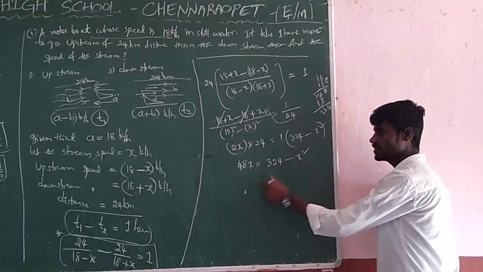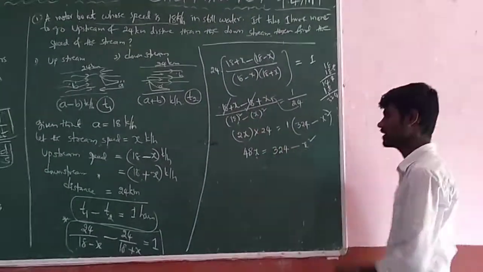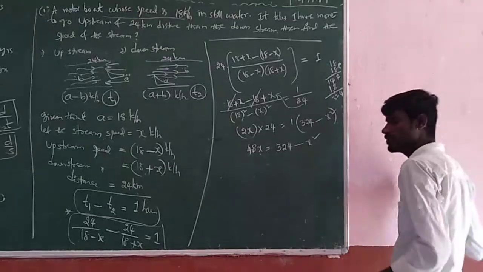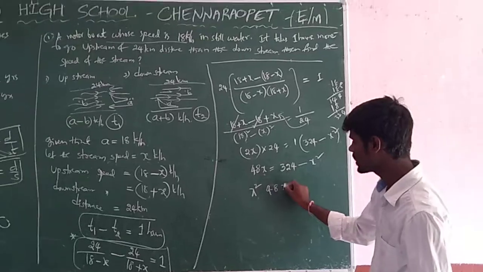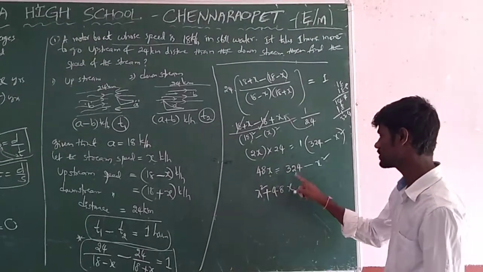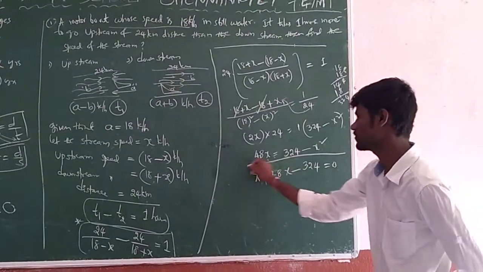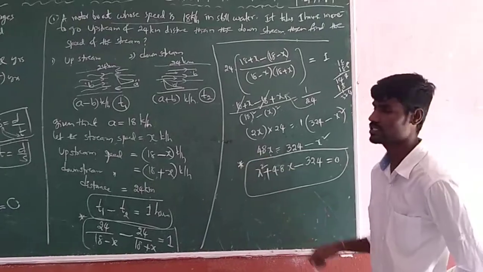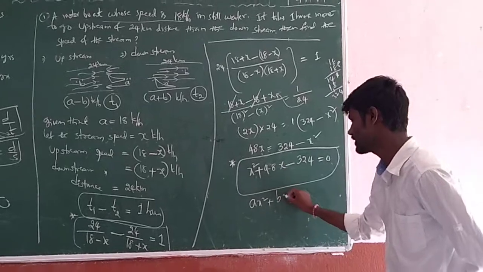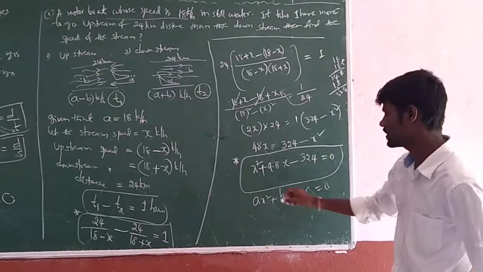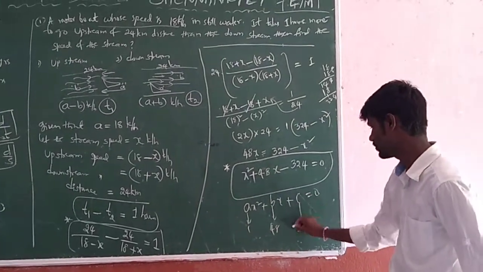So now if you observe, somewhat reduced, and our degree is 2, we are getting a quadratic equation. Transpose it to the opposite side and write it in descending order of the powers of x. Minus x square means plus x square. Then the next term 48x, because it is already on the left side, you will get plus 48x. Next transpose the constant 324: minus 324 equals 0. Now it is the final reduced quadratic equation for the given data, in the form ax square plus bx plus c equals 0. What is a? 1. What is b? 48. What is c? Minus 324.